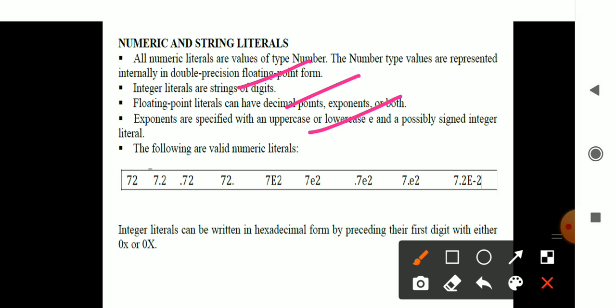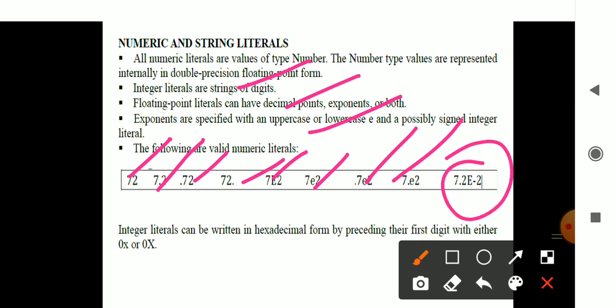Here you can check an example: 72, 7.2, 0.72, 72 point, then 7e2, or small e 2, dot 7e2, 7 dot e2, and 7 dot e minus 2. So variants and different types are considered in the numeric type; consider it and learn it. What is the numeric type?